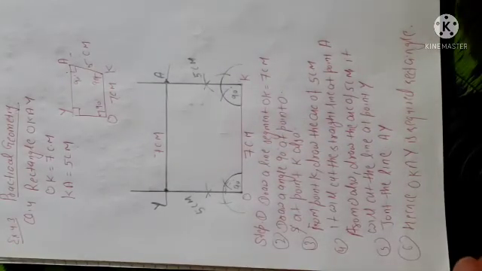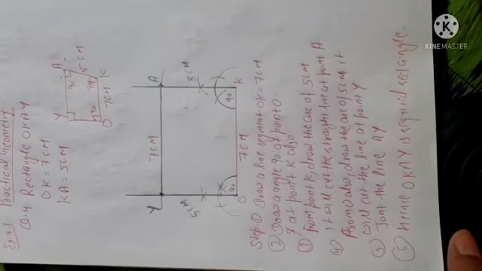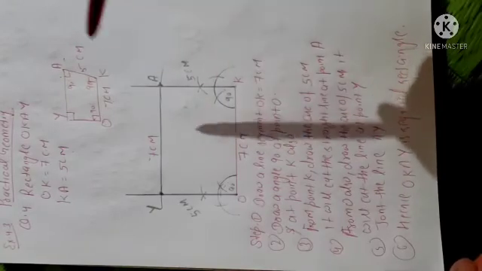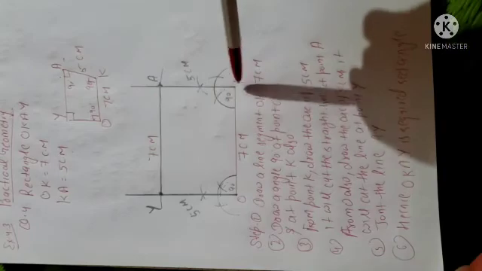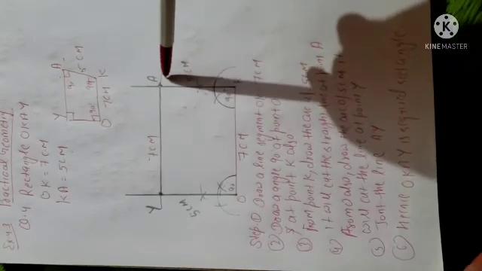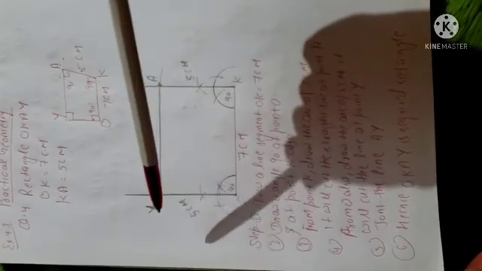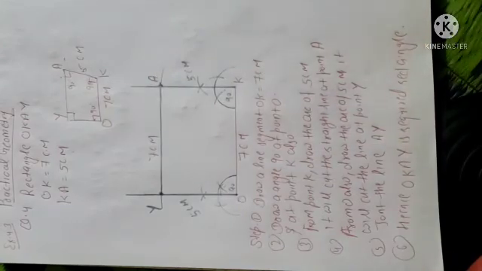So when you are drawing the rectangle, all the angles will be 90 degree. Any 2 sides are given, so you can take any 3 angles. After that you will take any side, and on this side you will draw both the angles 90 degree. And after that you can see the next line segment, it is given 5 centimeters. So you will draw the arc from point K and it will cut at point A. After that, same opposite side also you will do the same work, because this is a rectangle, and after that join the line segment AY. So this will be your required rectangle OKAY.